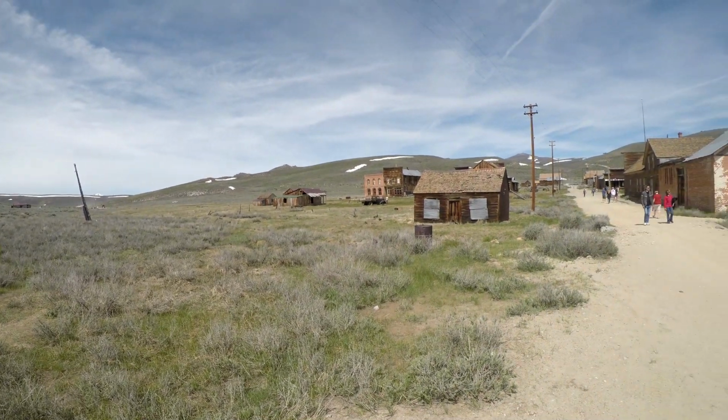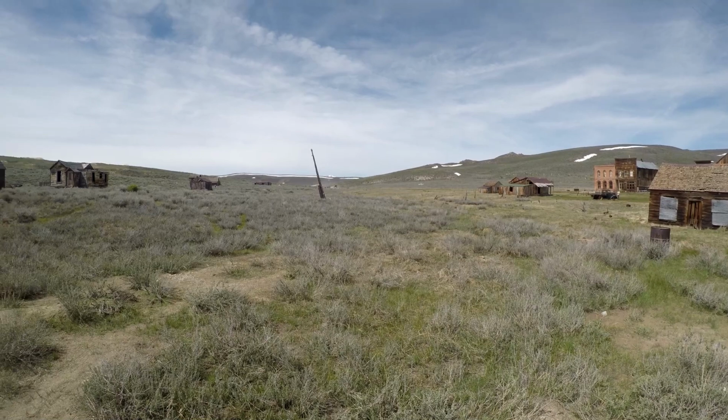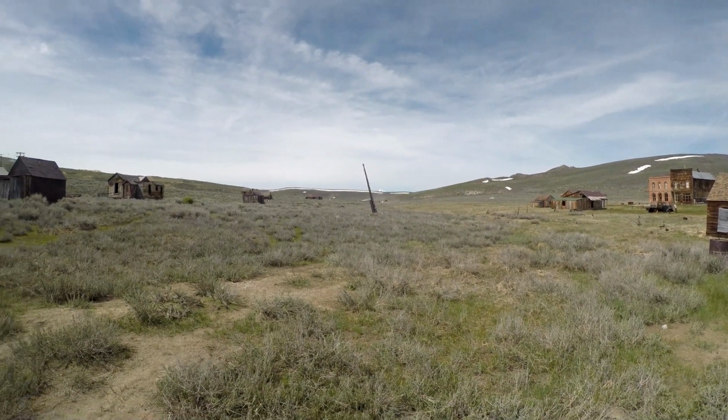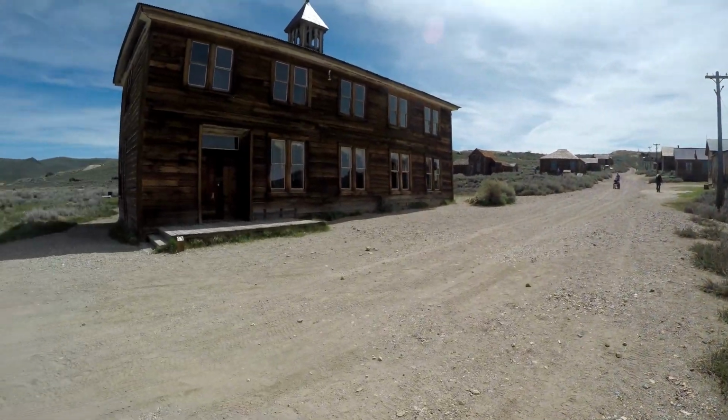Looking back through those buildings where we're at, and you see that old truck down there? And there's the entrance, and from this end of town, you finally get a little snow-covered peak way out there. So this right here's got the best view in town. Now check out this building